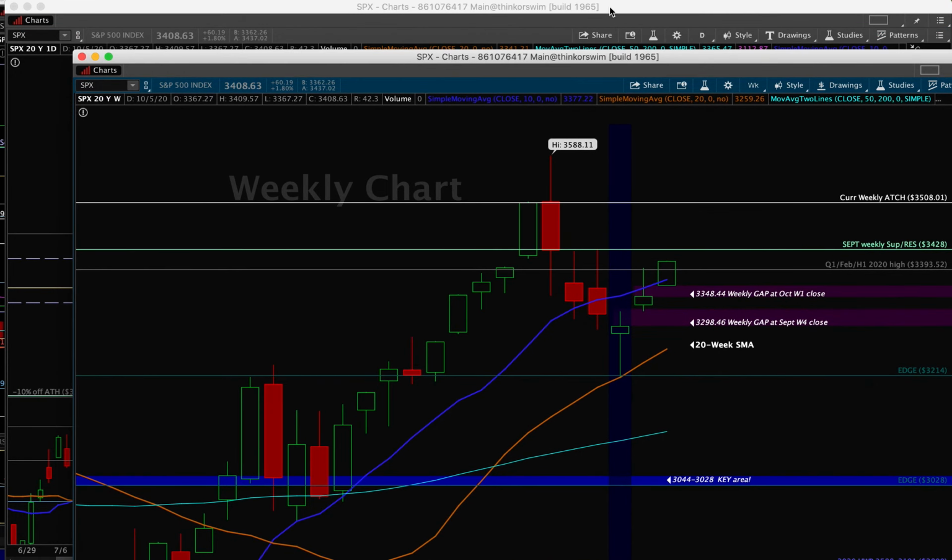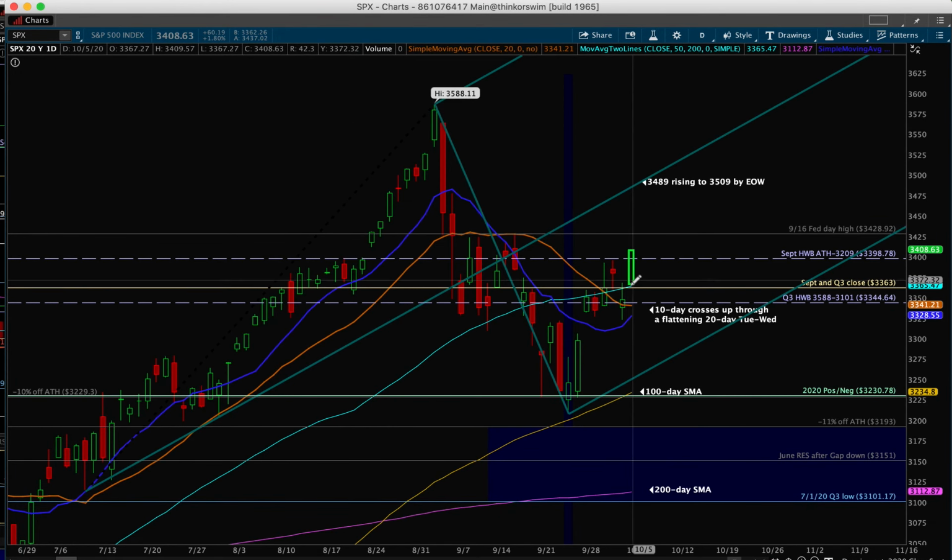But of course, on the way down to those levels, we would have to work our way through the simple moving averages and below Friday's, and into Friday's range. Okay, I hope that all makes sense. Sometimes the note doesn't come off very well when we're talking technicals about how the 10-day is curving up and so on and so forth. Sometimes it's just easier to show you on a video.